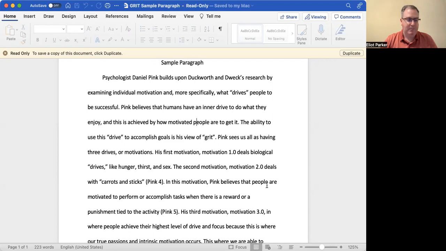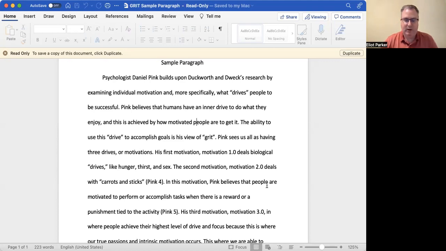Sometimes you'll find, in many cases, as you go through the thinking and drafting process, that your thesis statement will change, or you'll realize, you know what, I had this thesis statement in the beginning, but my thinking and my writing took me in a totally different direction. So you can reverse that a little bit and do this backwards and write your body paragraphs first, and then do your introduction and your thesis last. That's just a suggestion. You're certainly welcome to go in order if you'd like, but I think looking at your body paragraphs and seeing what you've written so far and what you're thinking about so far is helpful and can help with writing the introductory paragraph and thesis statement.